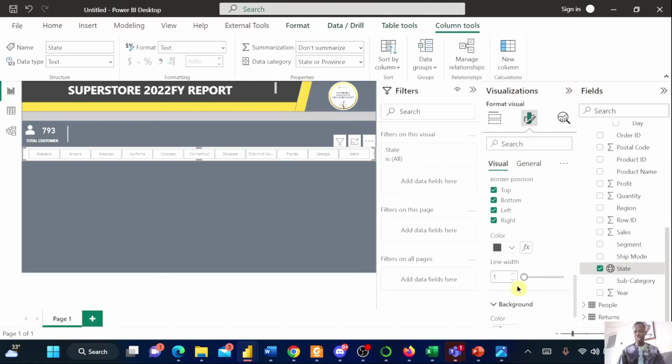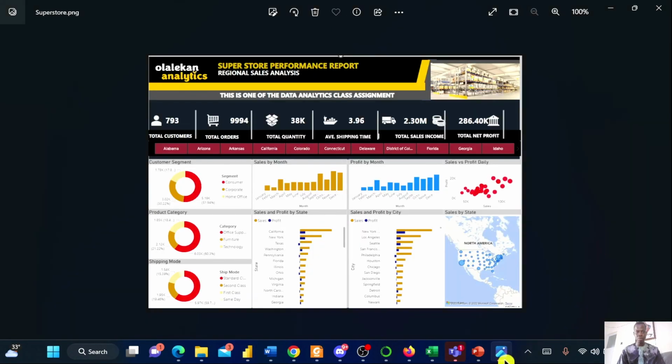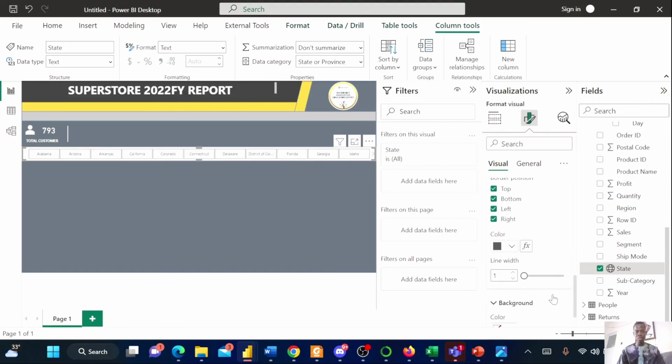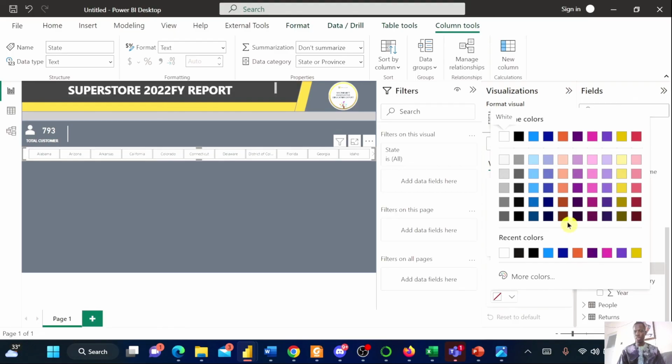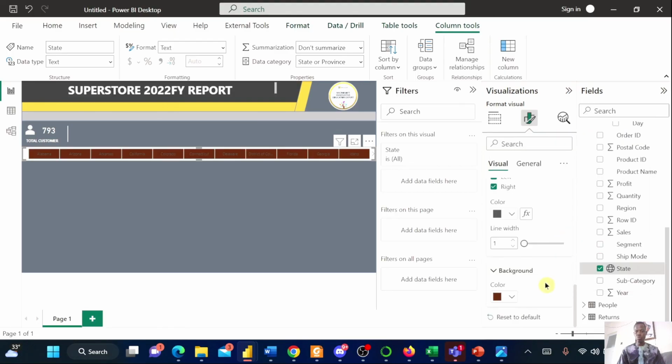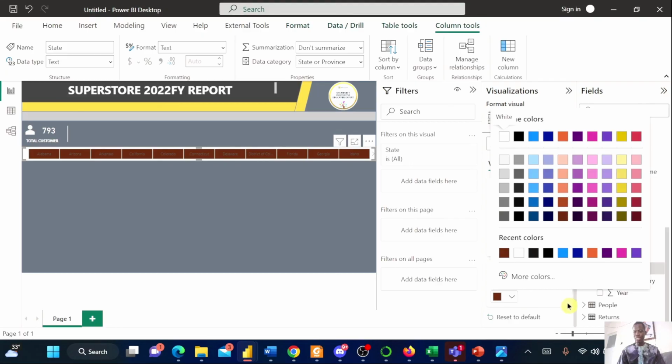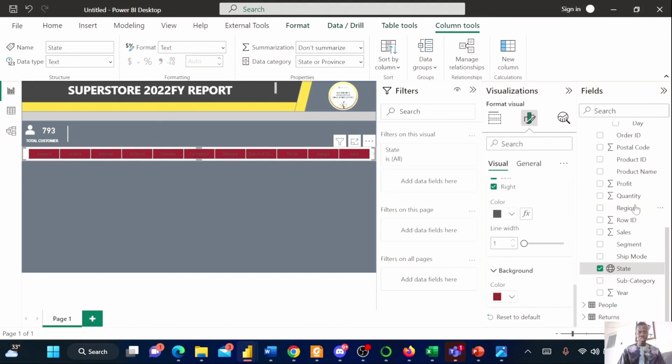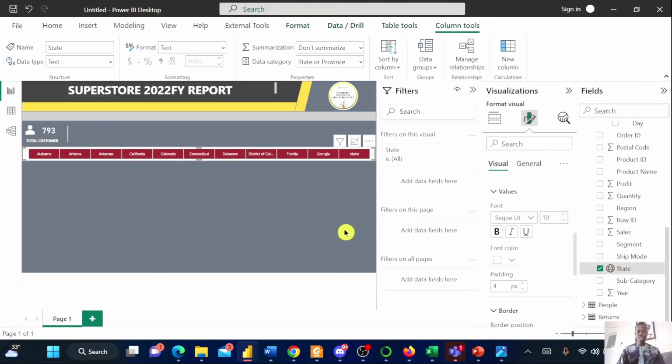But before changing that, I want to change the border. Should I leave the border? It is still gray. What I want to change is the background color. So the background color, I want it to be this, but this is not the color that I used there. Don't mind me. Okay. Then I'll come in here and change the font color to white. That's fine. So then I can come to general and